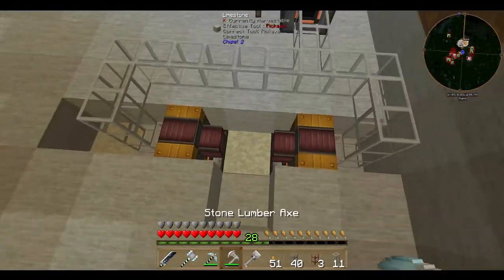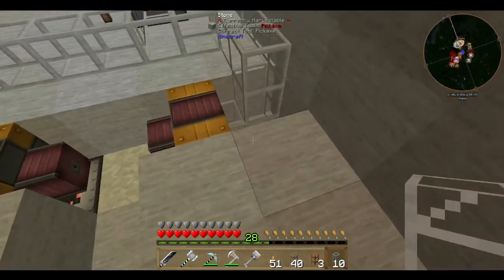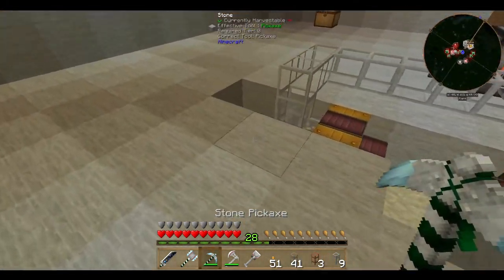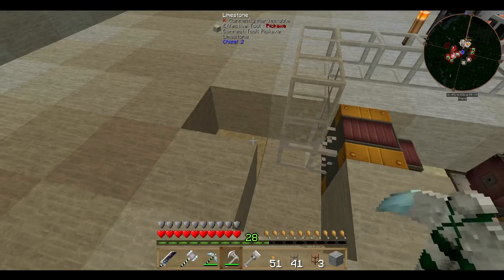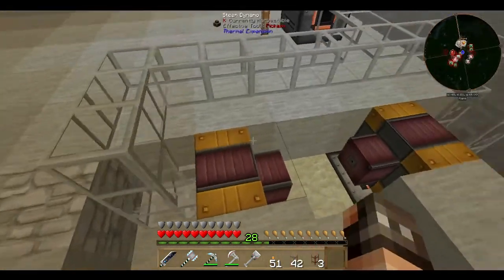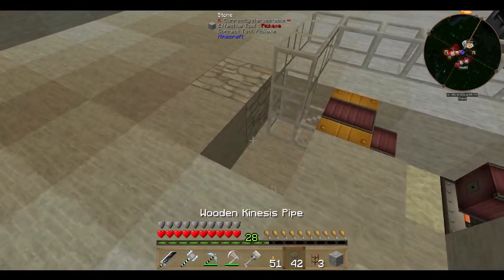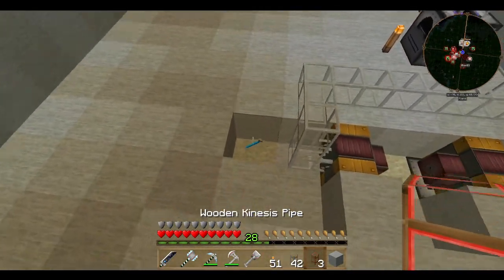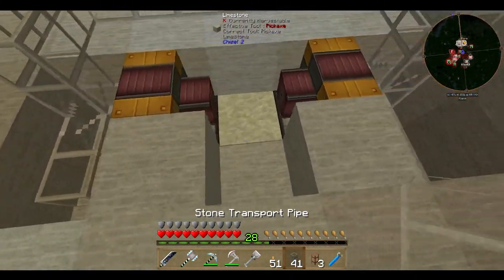My plan is to have a clay transport pipe here and here. Now, for those of you that don't know, clay transport pipes work slightly different to how normal transport pipe works, in the fact that they will try and input into whatever they're next to before they do anything else. So, I've got normal stone. Wait. That's brilliant. So, these will try and input into here first,